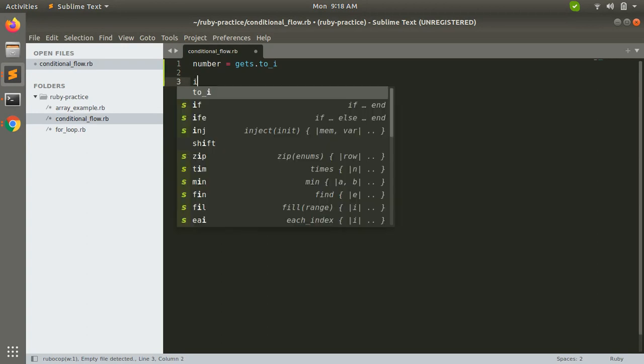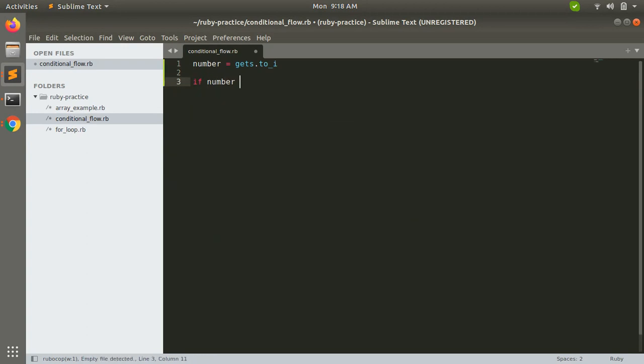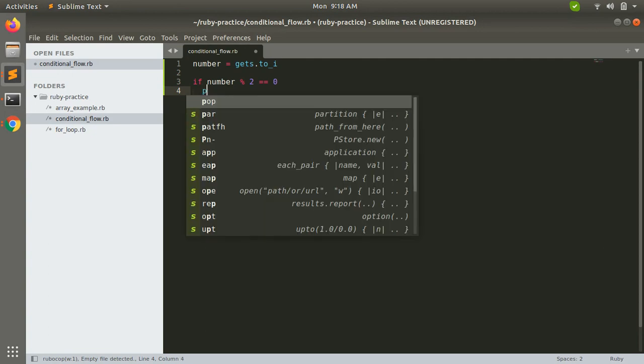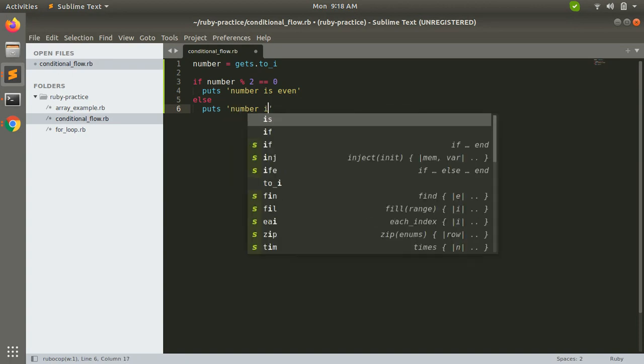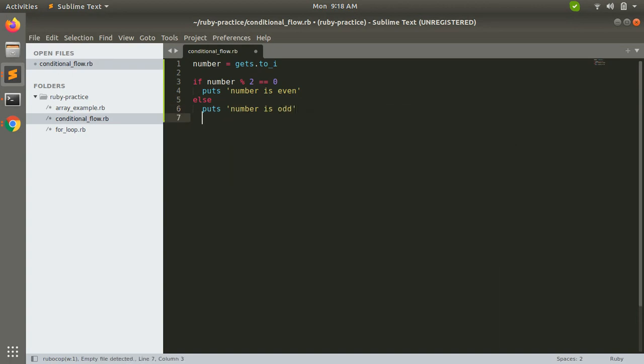Now you can check if number % 2 == 0, puts number is even, else puts number is odd. Okay, so this is the condition.